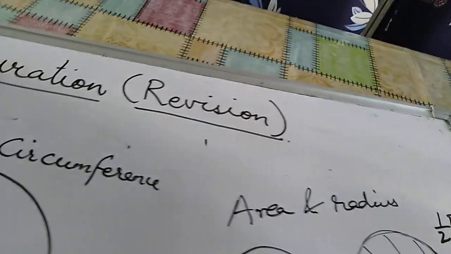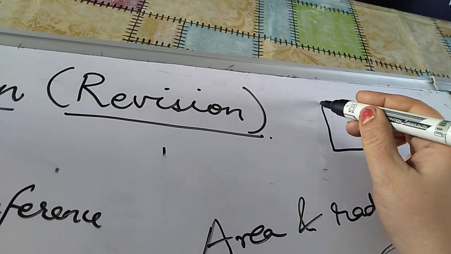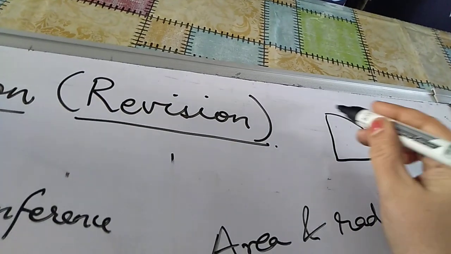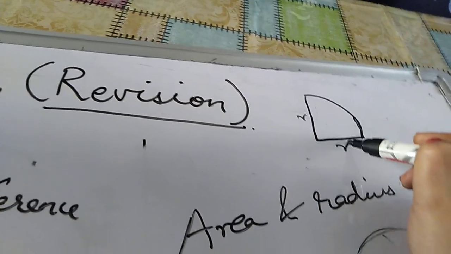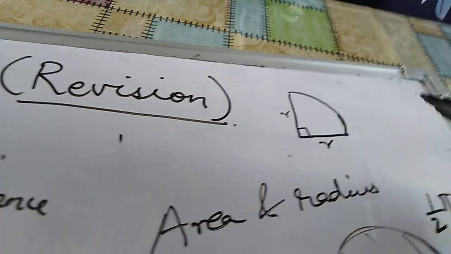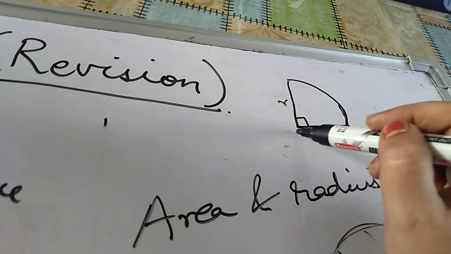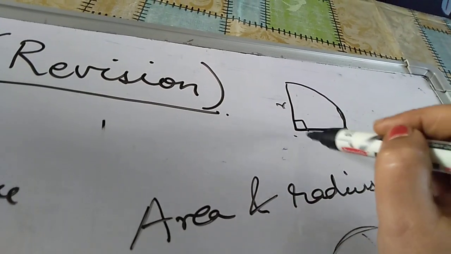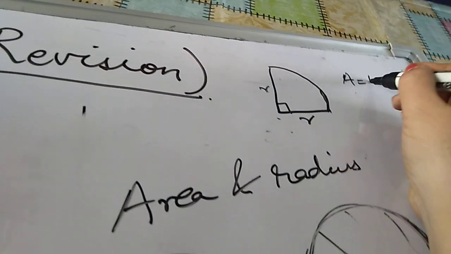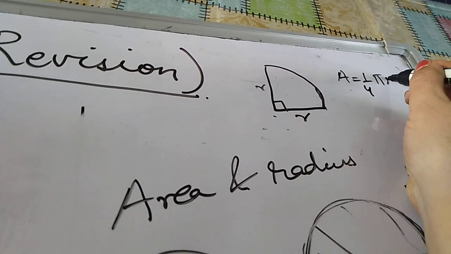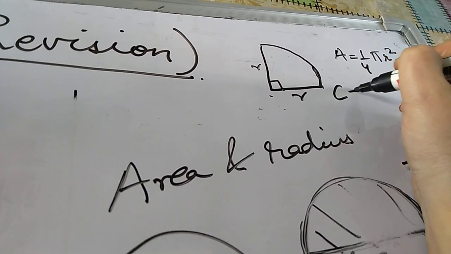is half the circumference of the full circle plus 2 times radius. Okay? Now let's take a quarter of a circle. If I take a quarter of a circle, child, quarter means this curved length becomes 1/4, and plus r. This is a quadrant or quarter of a circle. When the circle is divided into 4 equal parts, then if I take this piece and I am asked to find the area of this quadrant, the area will become 1/4 the area of the circle, 1/4 pi r square.